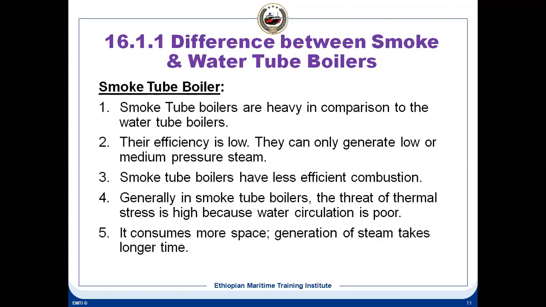Point number 4, in a smoke tube boiler, you have less circulation. The water circulation is quite poor. We talked about that OG ring earlier, which is the ring around the furnace. Because of the poor water circulation, the threat of thermal stresses in a smoke tube boiler is higher. And thermal stresses can lead to deformation of the plating, which can again lead to accidents, and obviously